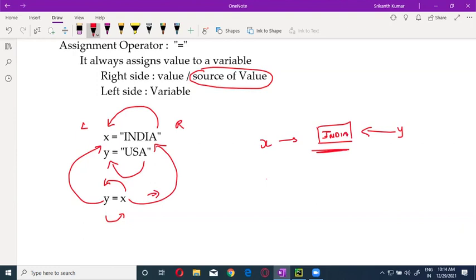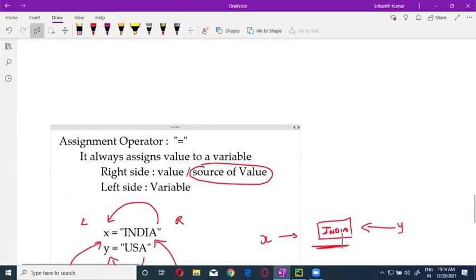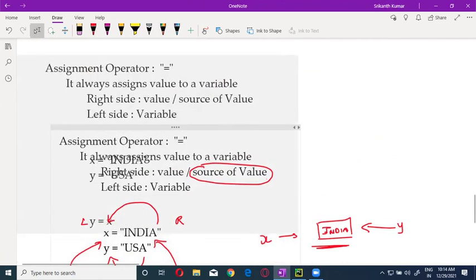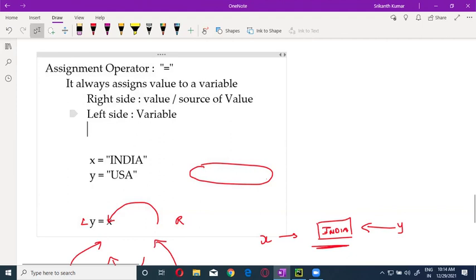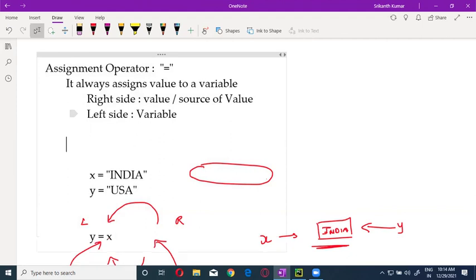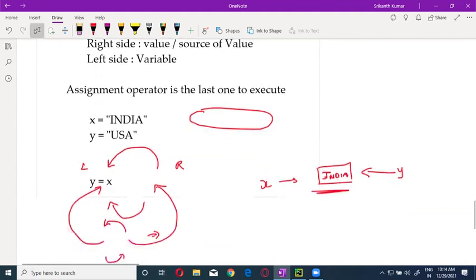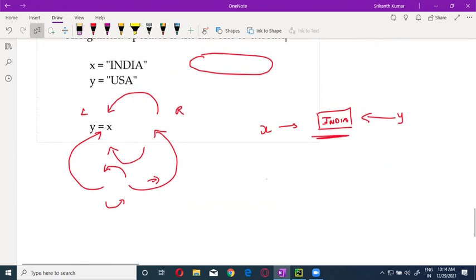Now these are the two things. The first important property of the assignment operator is this. The second important property is that the assignment operator is the last one to execute. What I mean by this is, if I am having